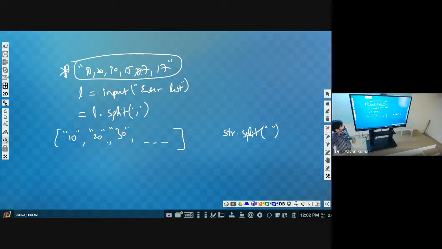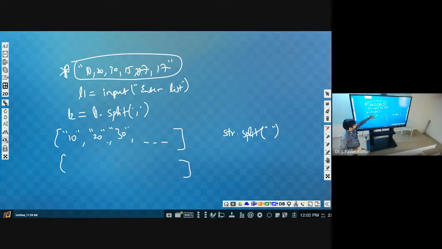But what is the form that we want? Integer. So we have to convert this entire thing again into integers. Understand? So let us consider this as a list. This is list 1. This is list 2. List 1 is a string, that you keep in mind. Why? Because we are just taking some input. Although we are saying it has a list, it is not a list. It will be a string.